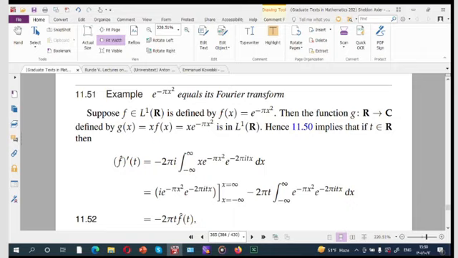The Fourier transform of this function equals itself. Okay. Suppose f is defined by this function rule, then the function g from R to C by this rule, g of x equal to x f of x, or x multiplied by e to the power of minus p x squared, is in L1. Hence, by the previous proposition,